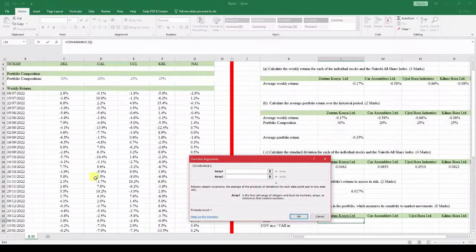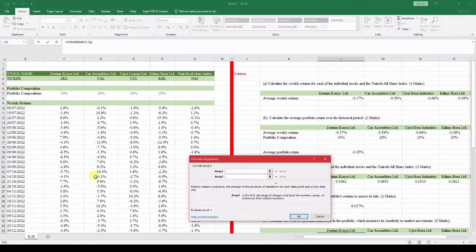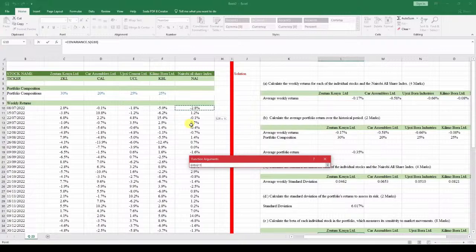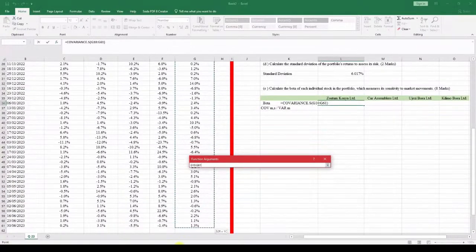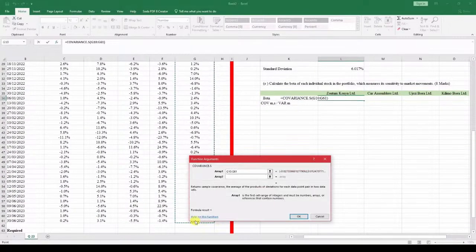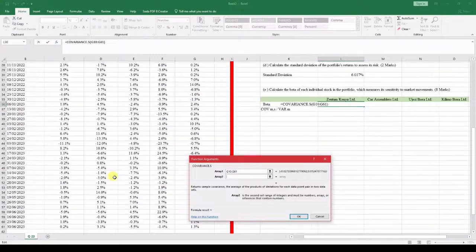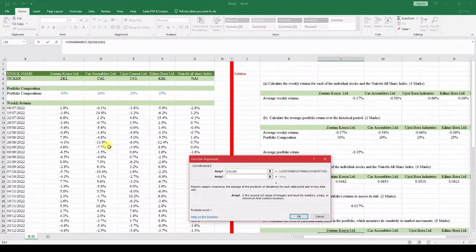Covariance of what? Covariance of the market. This is the market over here, so we highlight that part. Covariance of the market, and on the second array here we put the stock itself over here,